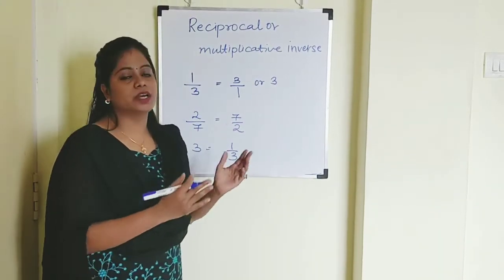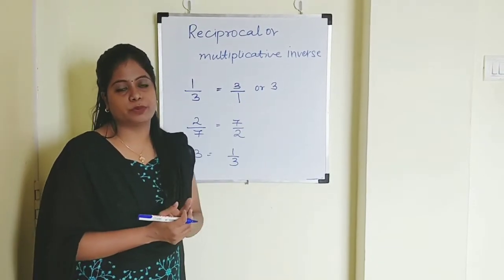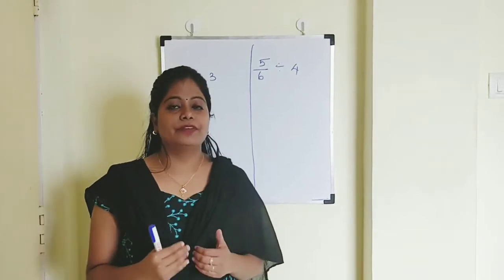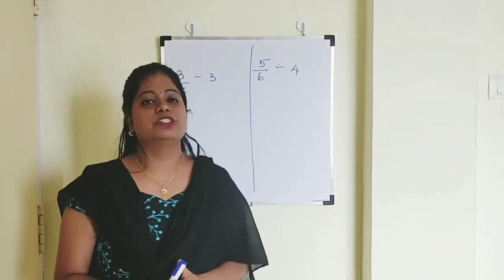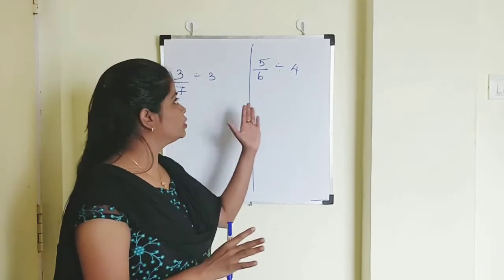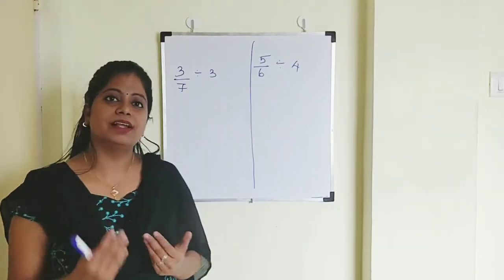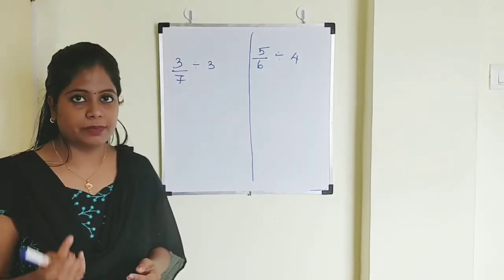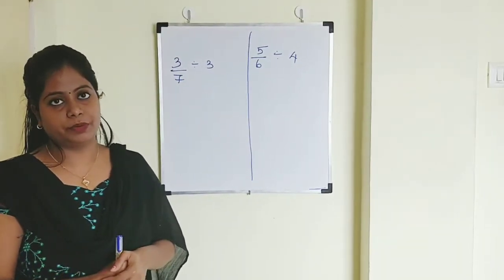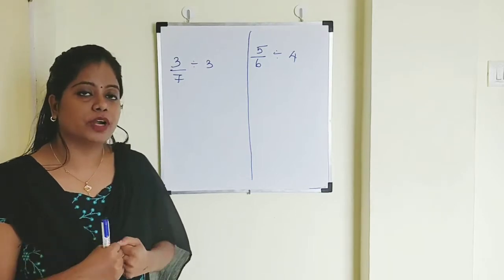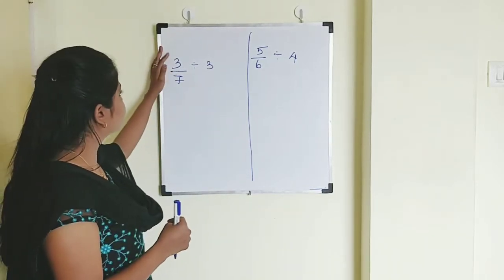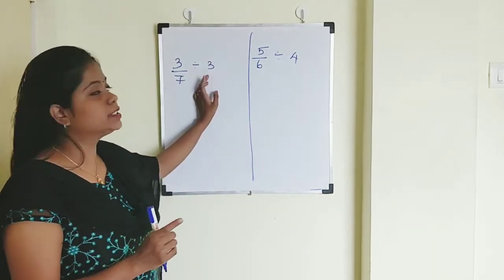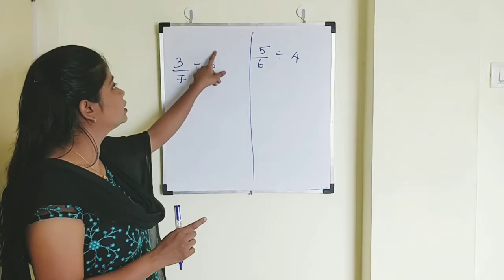Now let's see what we are going to do with the help of reciprocal in division. So let's see how we are going to do division of fractions. Division of fractions is very easy. What you generally do in division of fractions is you just multiply. You don't perform division, but rather you multiply. But before you multiply, you need to do a step, that is to find the reciprocal. So you're going to find the reciprocal of what number? I'll tell you. There's a fraction 3 by 7 divided by 3. So always remember, you're going to find the reciprocal of the number that comes after the division symbol.